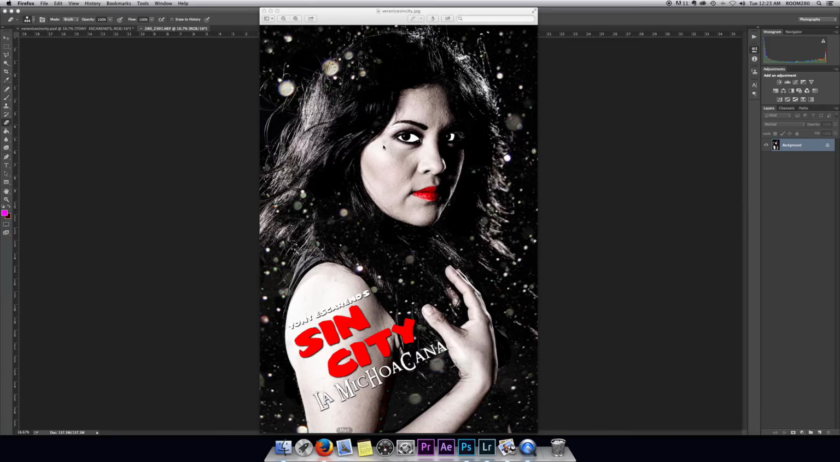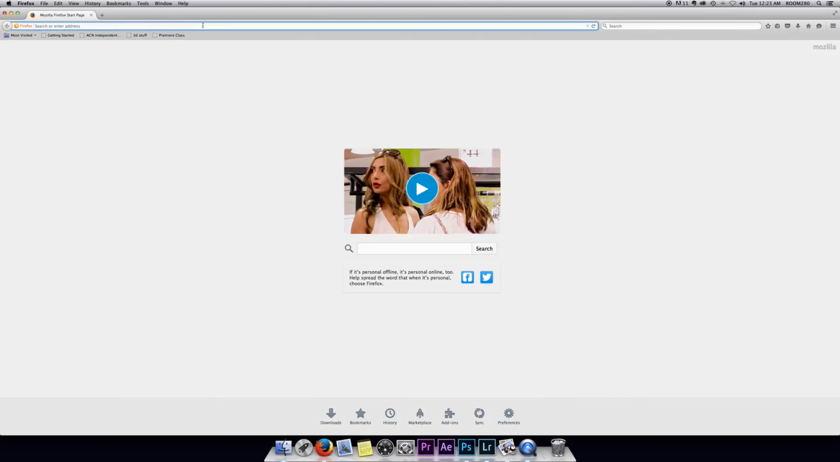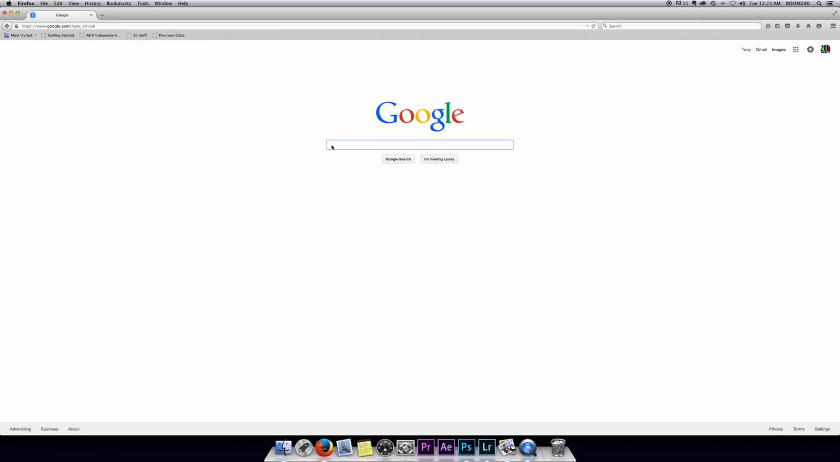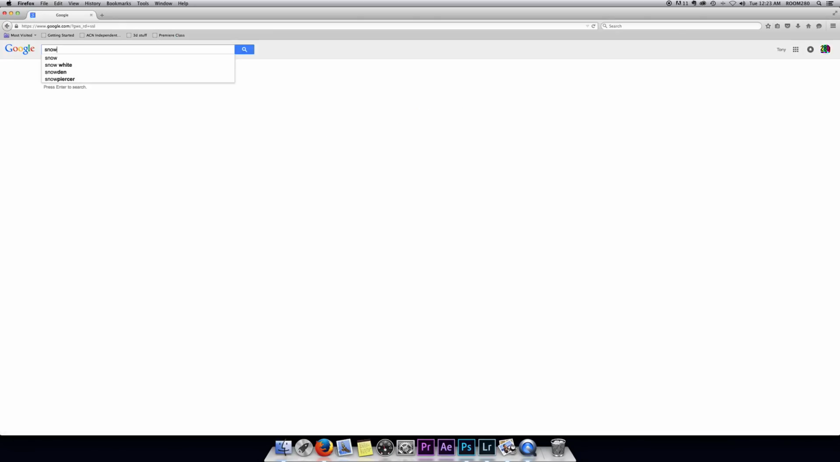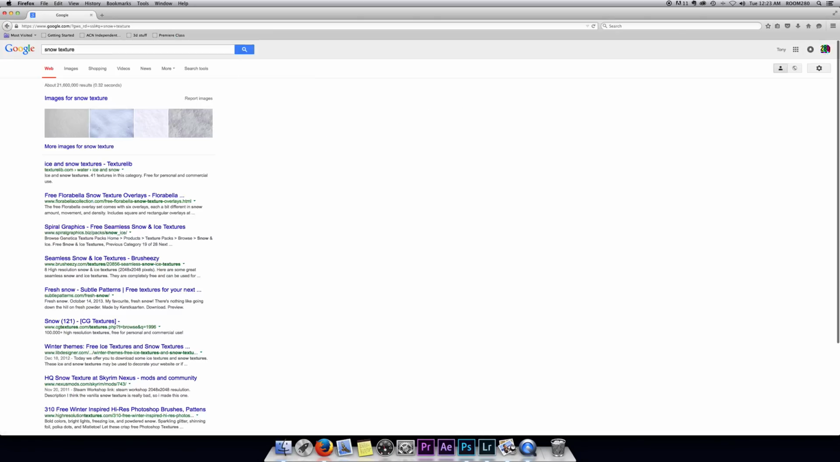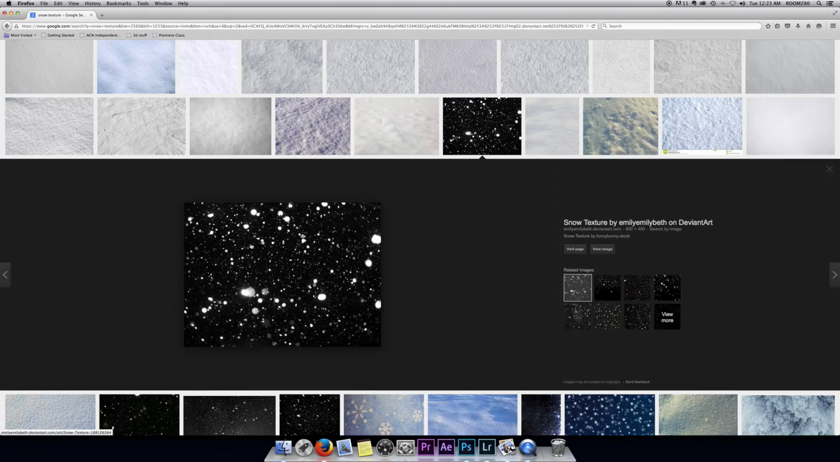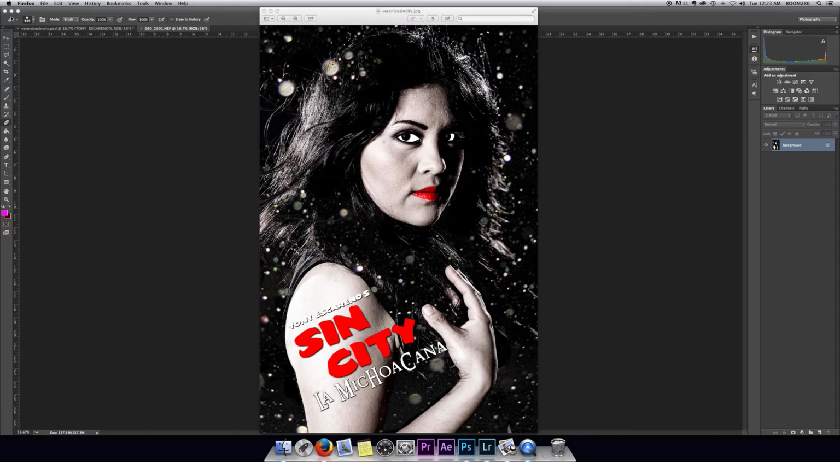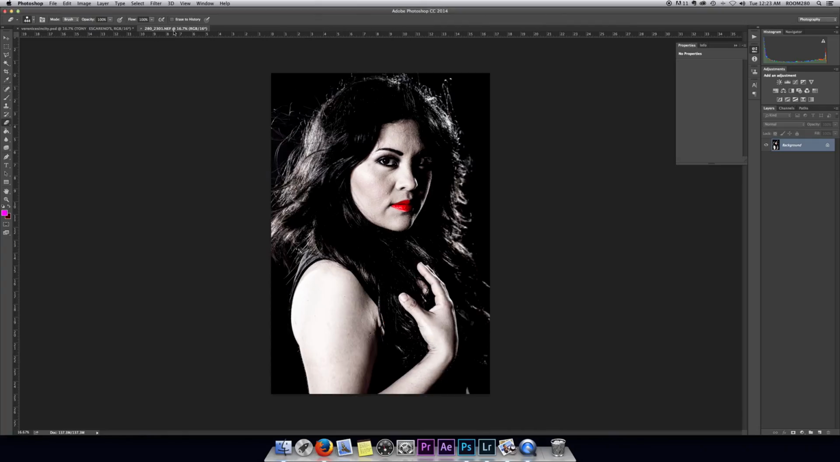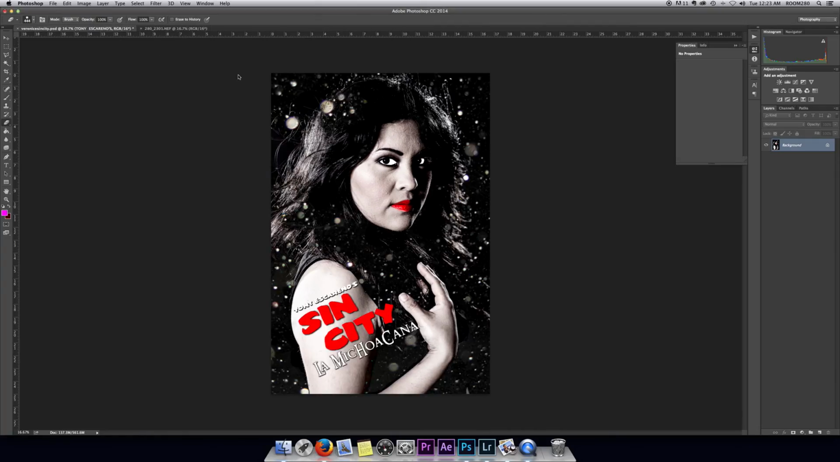In order to get that effect, you got to do a little bit of research. And all I did was I went to the computer and I typed snow texture, and then we got this here. Okay, you get all this grain, and all you do is grab that and then you put it in Photoshop like so, and then we'll go ahead and we'll erase these,